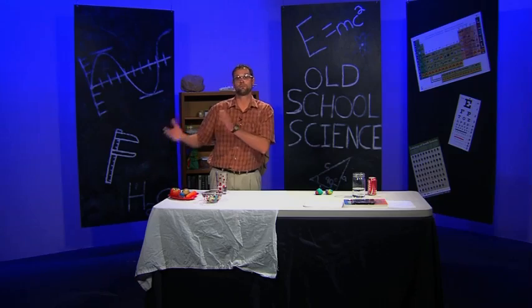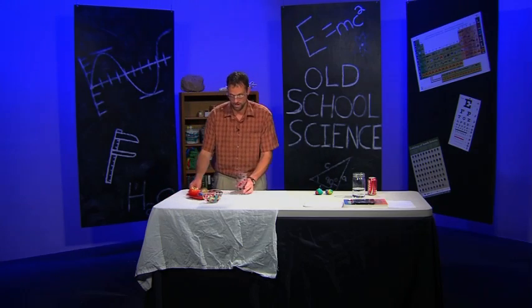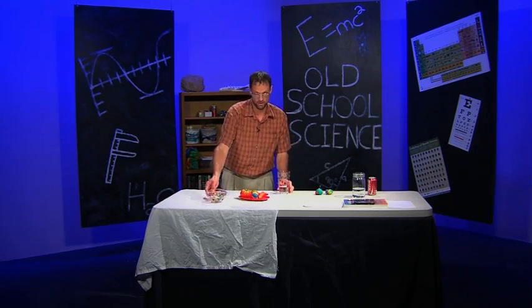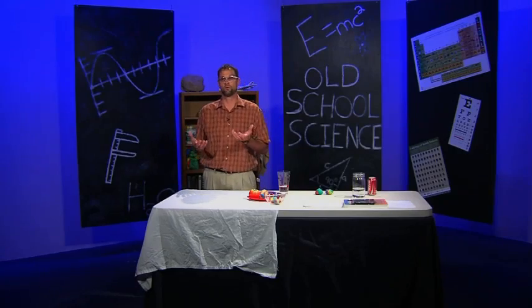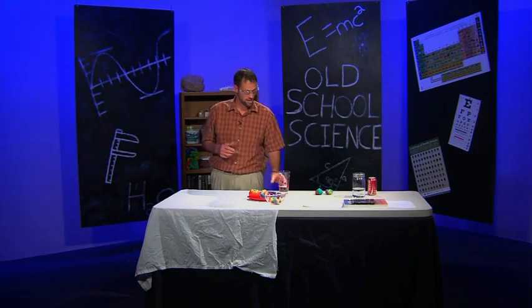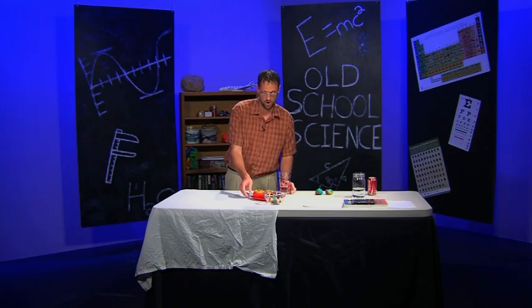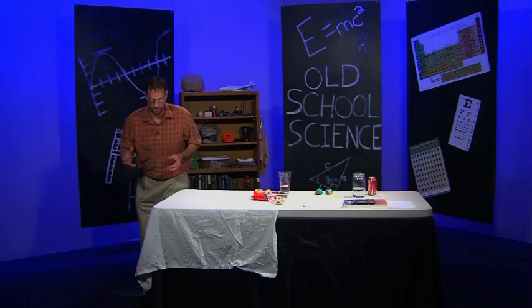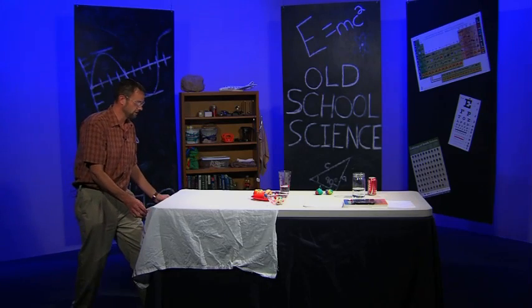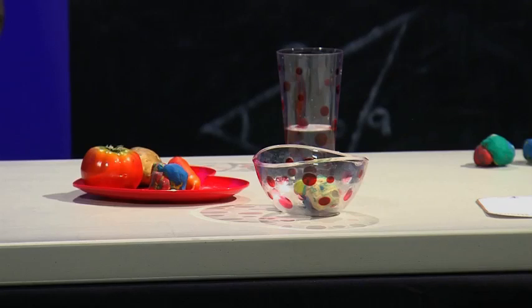Now, to make this easier for, let's say, smaller children, you actually can bring these right up to the edge here. I've done this before with 3- and 4-year-olds at different science camps and fairs. I've moved the items almost so it's off the edge of the tablecloth, and they're all excited, and they get up there and do it. And you have to pull very little to get it to work, okay? And the kids get very excited about that.